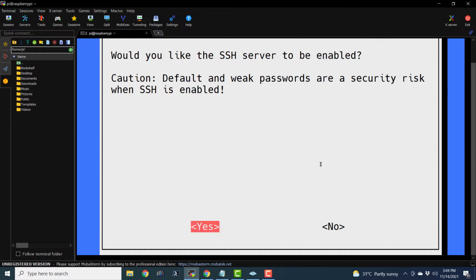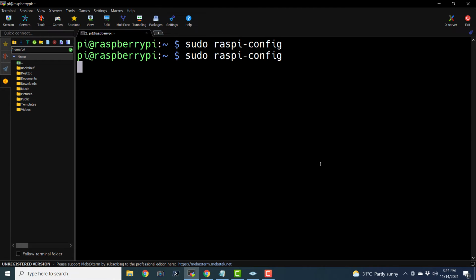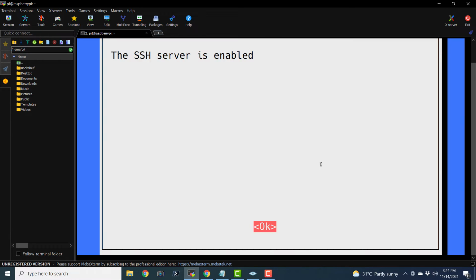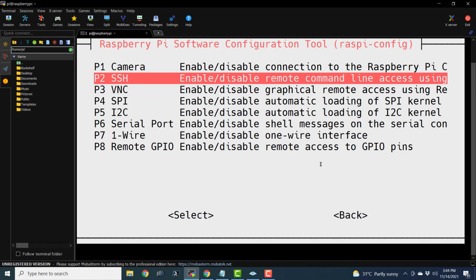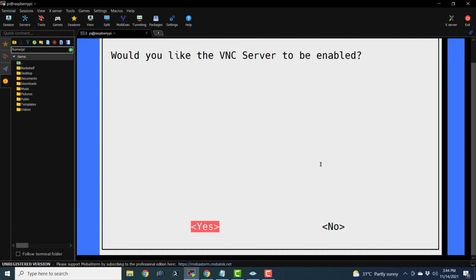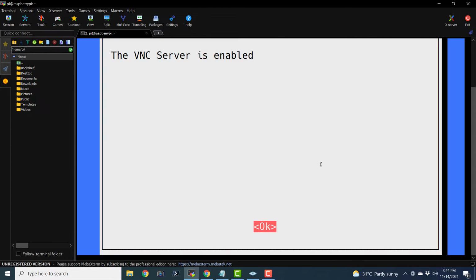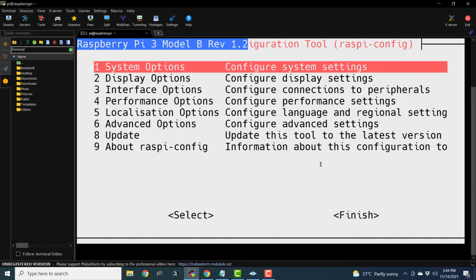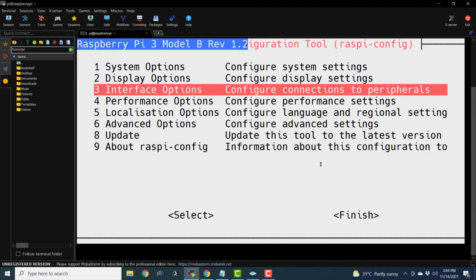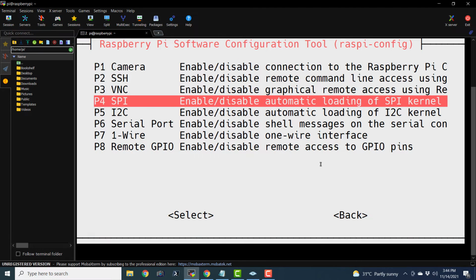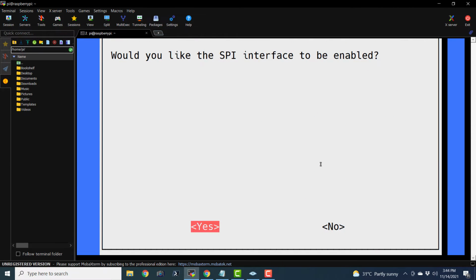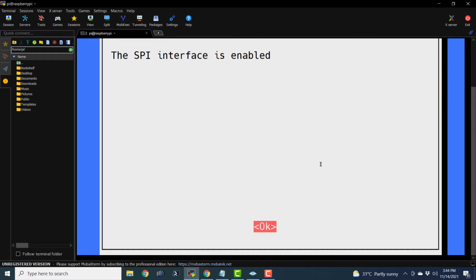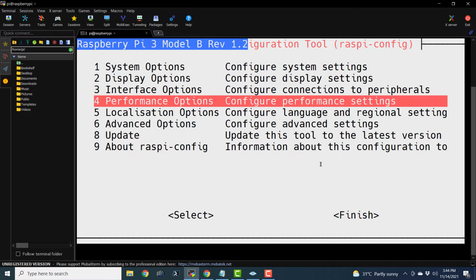Okay. So SSH server is already enabled, but we are enabling it again. So it will take a moment. Let's enable the VNC. Okay, now VNC is enabled. Now we are going to see how to connect to the remote desktop with VNC in a moment. Let's enable the SPI, that is serial peripheral interface.